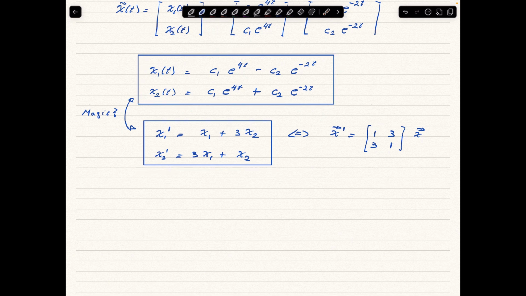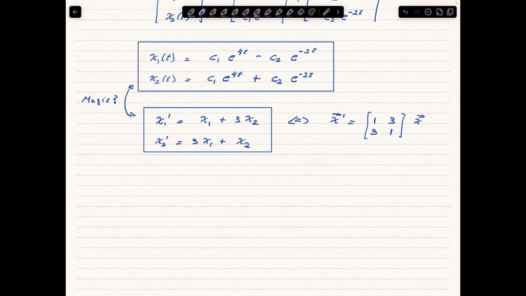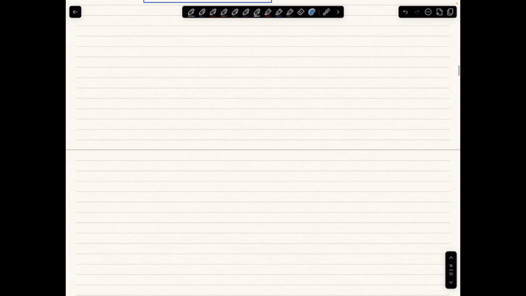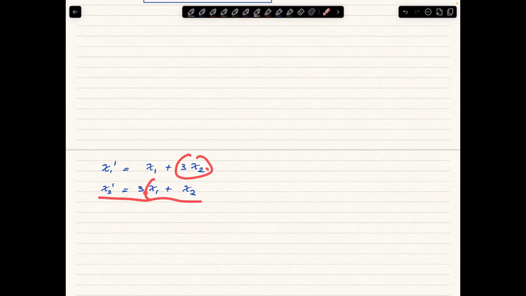So let's go back to the equation. Let's go back to this equation here, the original equation. Let's copy them and let's put them over here. Suppose you want to solve this equation. We know that we cannot solve this equation one at a time because they are coupled, isn't it? Here we have x2, and in the second equation we have x1, so they are coupled. Okay, but let's recall now. So we are stuck, isn't it? Okay, but let's recall